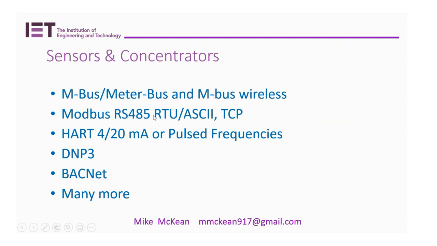But in the industrial world, almost certainly not going to be those. It's going to be something like Modbus, and there's a couple of versions of that. Modbus was invented by Modicon in 1979, and then donated to the open source community, and it's since been bought by Schneider Electric. Modbus is a very, very popular industrial protocol, and there's some serial versions, RS-485, RTU or ASCII, or the Ethernet version is TCP. Something called HART 4/20, so it still works over a pair of wires, and the analog version uses 4 milliamps,